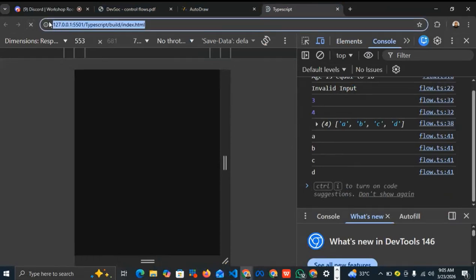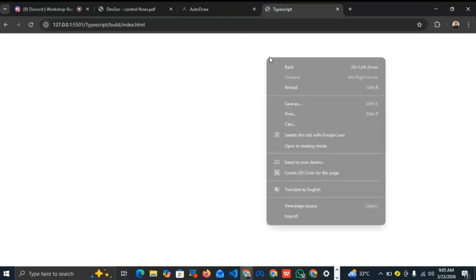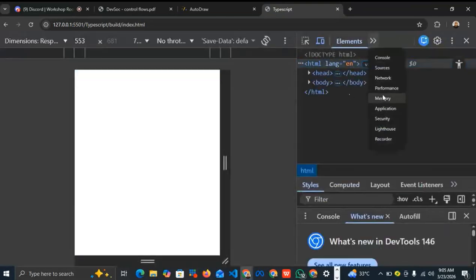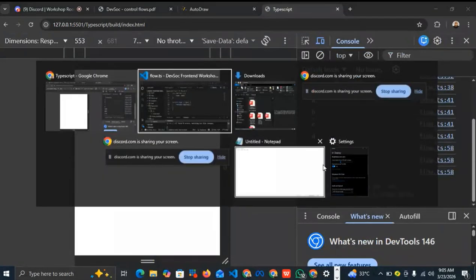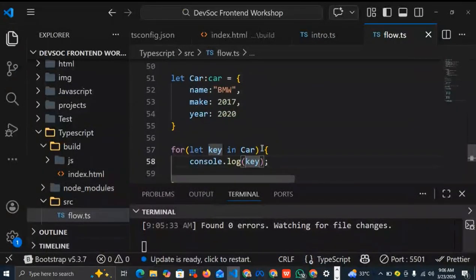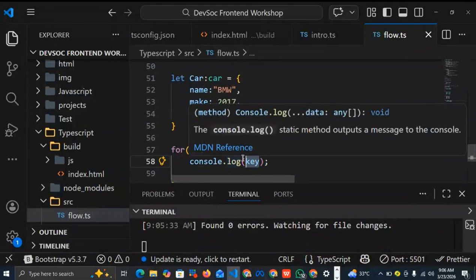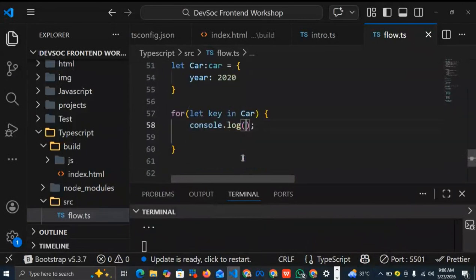Let me run it again. Should be fast. Alright, good. So you can see that it's printing out the keys for me: name, make, and year. So I can actually use this key to access each of these. Maybe if I want to get each of those values together with the key, since I have the key,